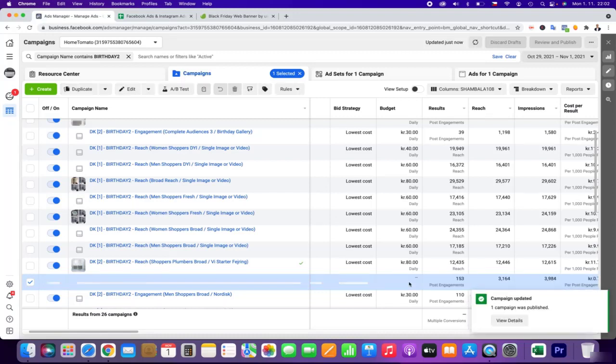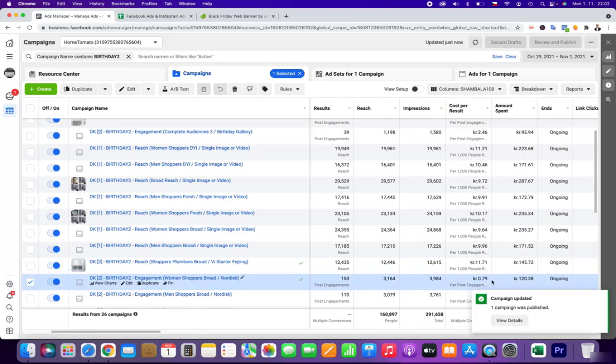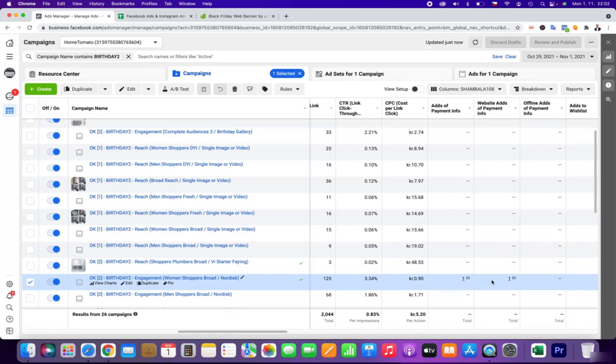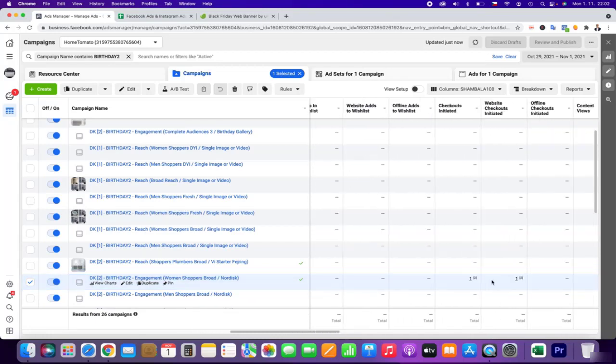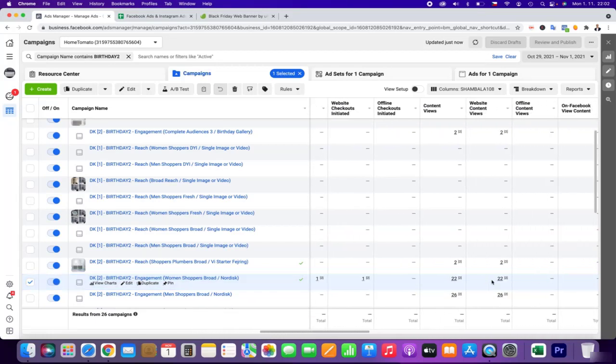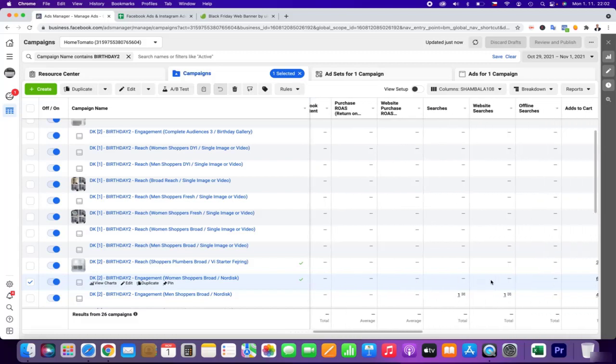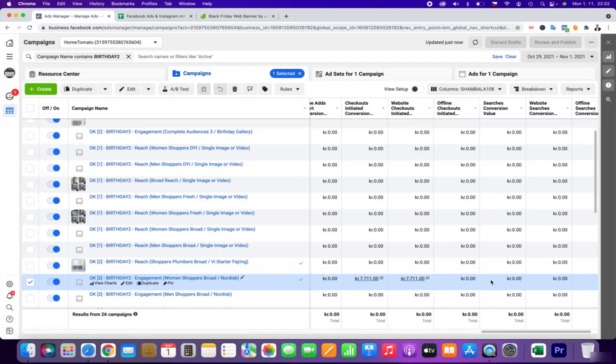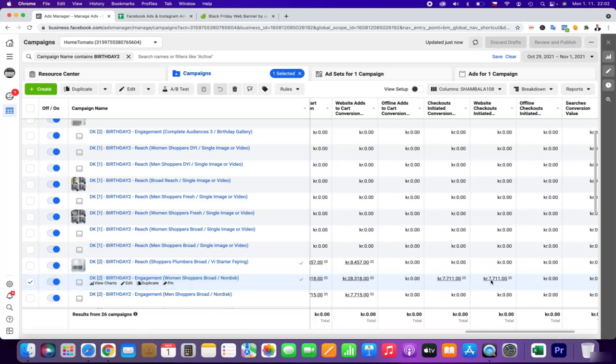I was showing you that actually we have a gallery that's more focused on this birthday, but also we have a gallery I call Nordic that people quite like. And actually there was also starting the checkout, and there is also a lot of add to cart actions.